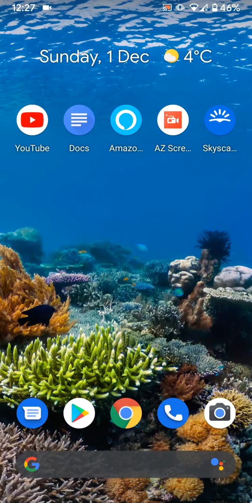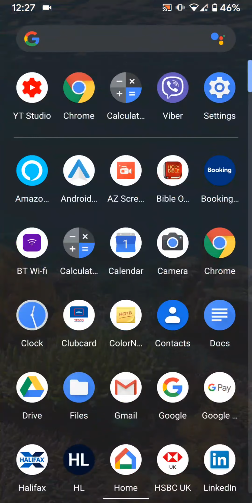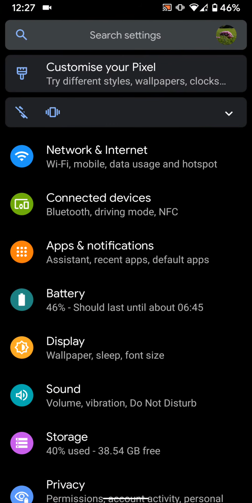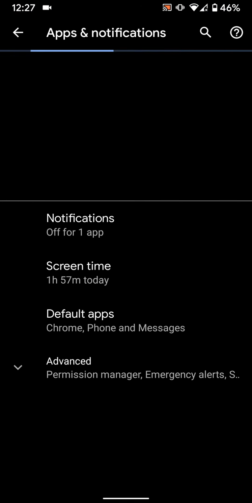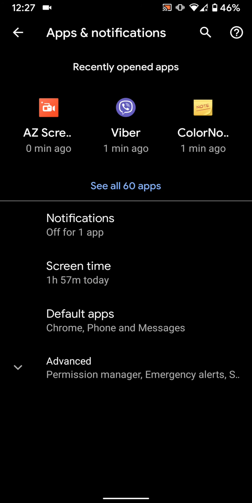Today I am going to show you how to set Alexa as your default assistant on your Android 10 phone. To do this, go to Settings, then tap on Apps and Notifications. Tap on Default Apps,